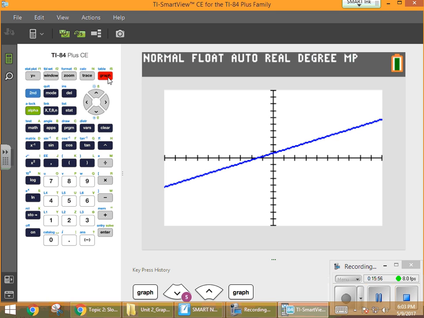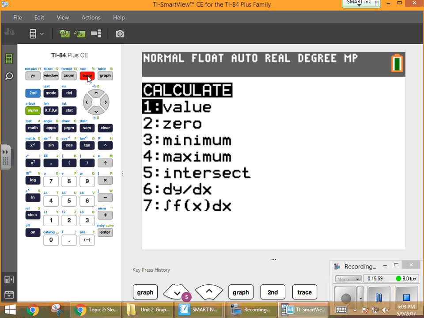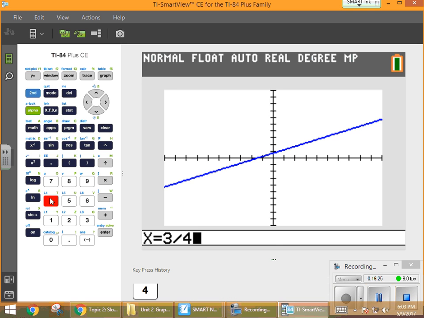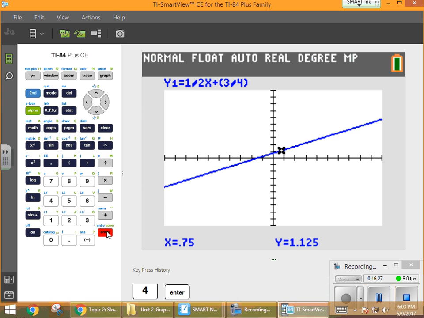When I go to second trace, this first option, number 1, is called value. I'm going to click enter on value, and down on the bottom left here you see an x equals with a flashing cursor. I'm going to start by typing in 3 over 4. Okay. So I'm going to go alpha y equals enter, 3 over 4. Oops, I didn't like that. I guess I'll just type 3 over 4 the old-fashioned way, 3 divided by 4. When I hit enter, it takes me right to the cursor there, 3 over 4, and it tells me that the y value is